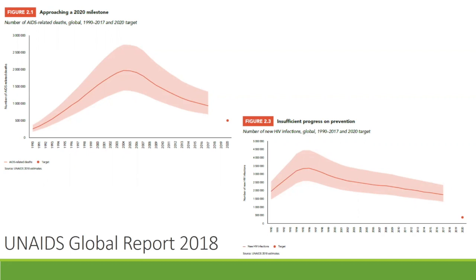But just for some context, these are two figures from the global report from UNAIDS in 2018, showing the history from 1990 of annual estimated deaths, AIDS-related deaths, and new infections. And these little dots here are where they were hoping we'd be by 2020. So as you can see, particularly when we're talking new infections, there's some room for improvement, although it's 2020 now, so I guess we're either there or we're not.